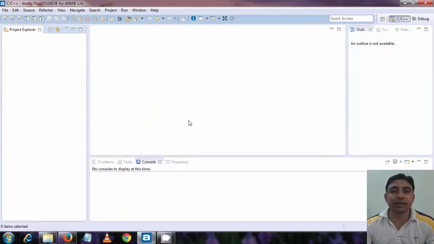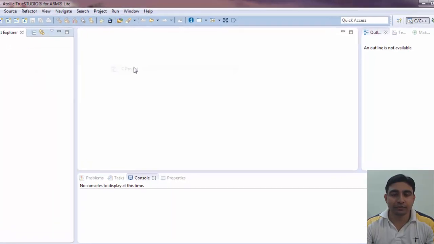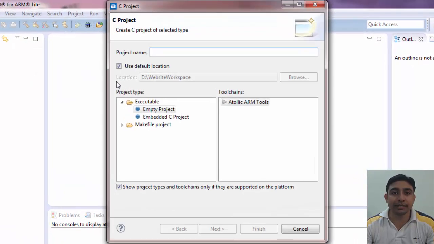Okay, let's start writing the program which will act as a transmitter here. Let's create a new project. Let's name it STM32F4 transmit.